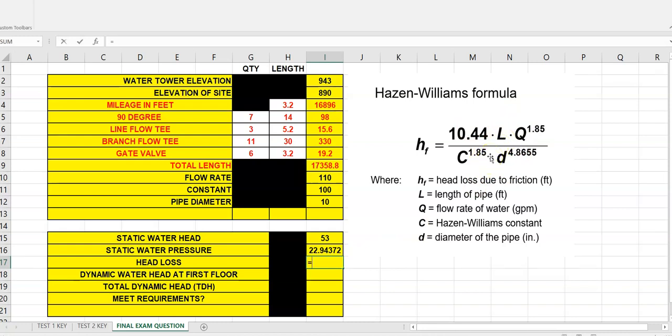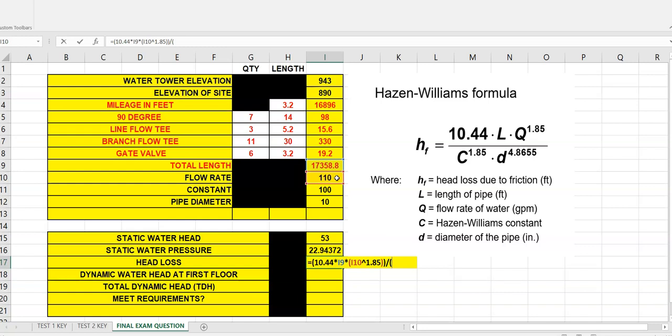So we're going to hit equals, and I'm going to have you start parentheses, and we're going to type in 10.44. You're going to hit times. You're going to go up to your equivalent length. You're going to say times again. Another parentheses. Q is the flow rate of the water, so 110. Shift 6, that's a caret for an exponent, 1.85. Close parentheses twice. Divided by. Start parentheses. You're going to see C times